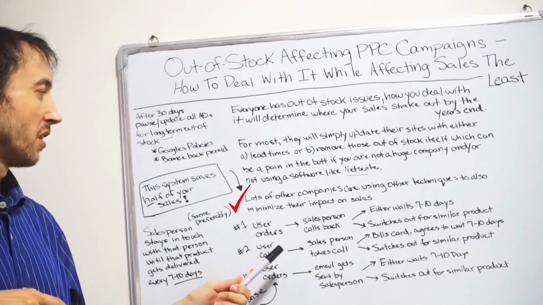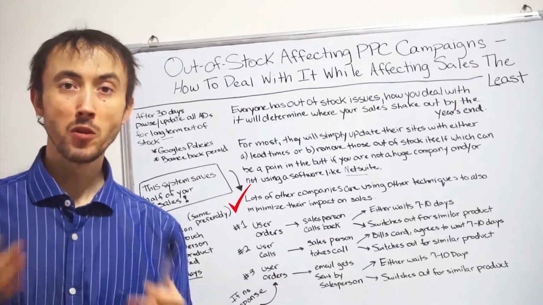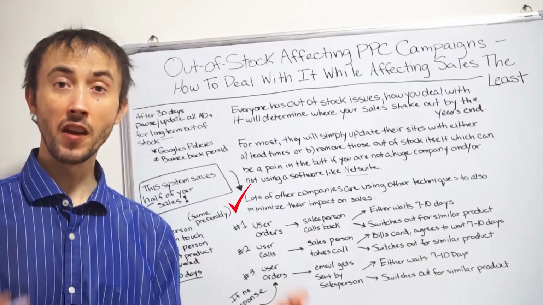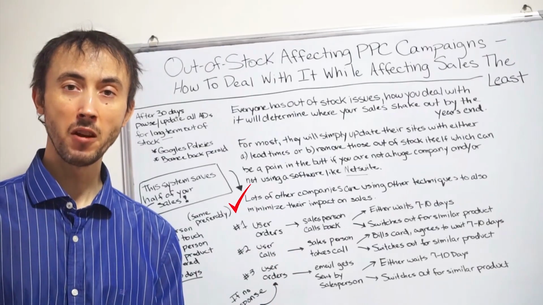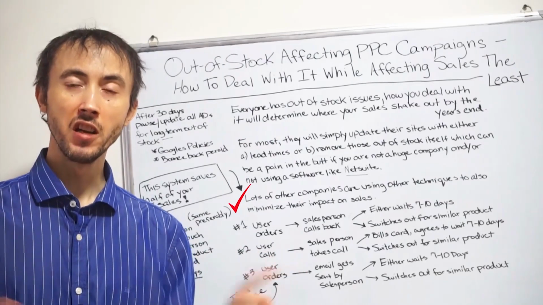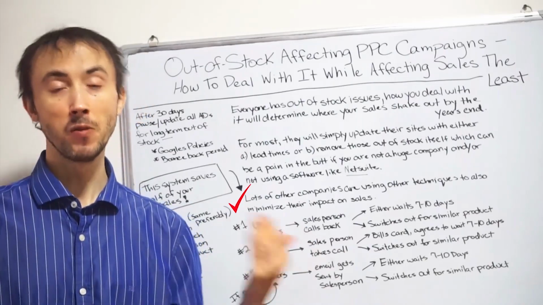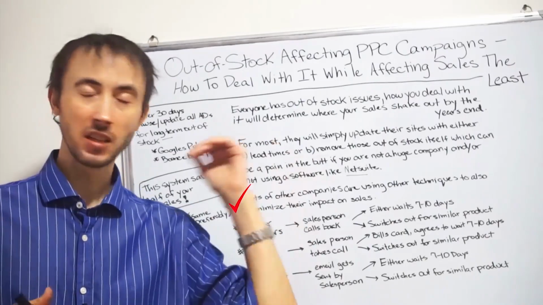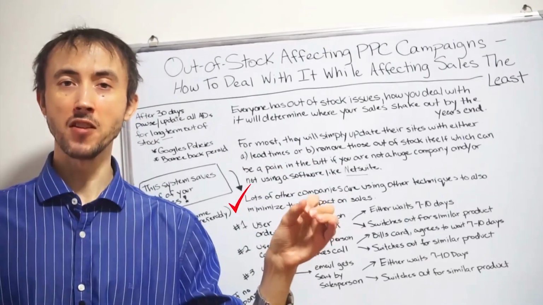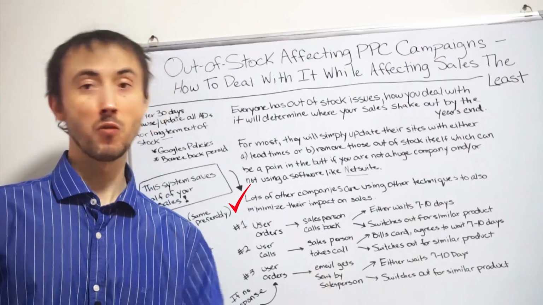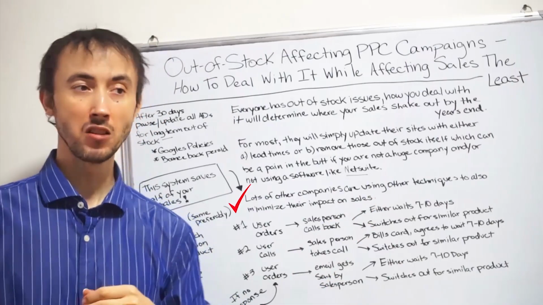The second part is, if you sell something that's over $200, roughly speaking, a bunch of people are going to call before, or they're going to fill out the contact form on your site to ask questions before they order, because they want to ask questions and they want to be sure who they're dealing with. If you don't have a phone number on your site, you'll double your sales, I guarantee you, by having a phone number on your site, because people trust. If you sell an item over a couple $100, they trust who they can talk to.